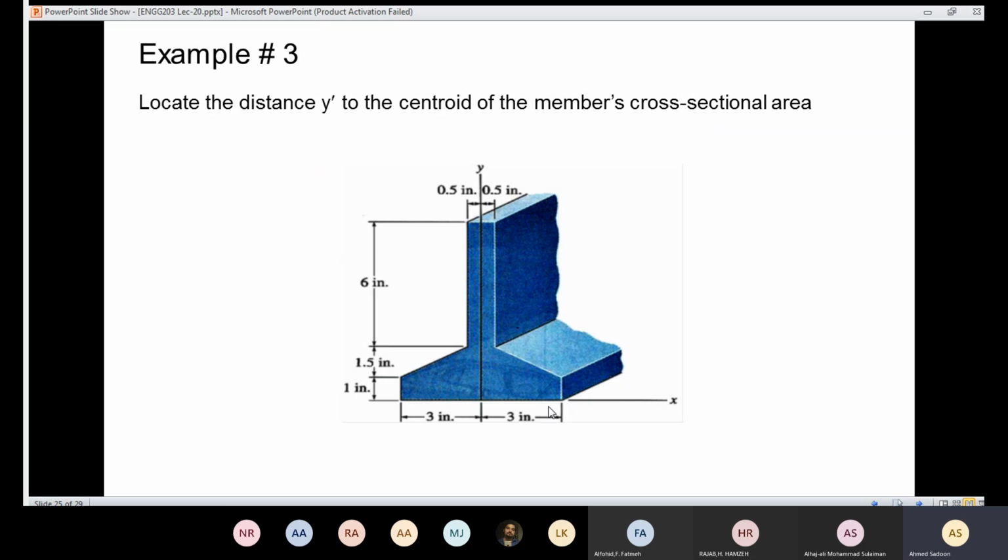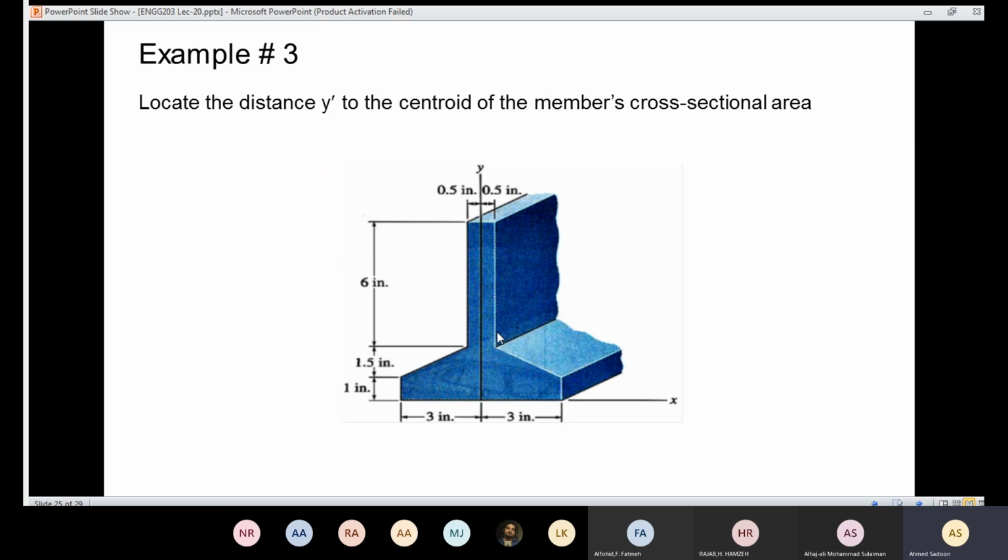And also, again, you can make a guess. If I'm going to have a body like that, of course, in x it is going to be in the middle, no distance in x, and in y it could be somewhere here. According to the areas, it could be somewhere here. So I'm going to expect the value of y to be here, which means at 2.5 more or less. So you need also to make a guess so that